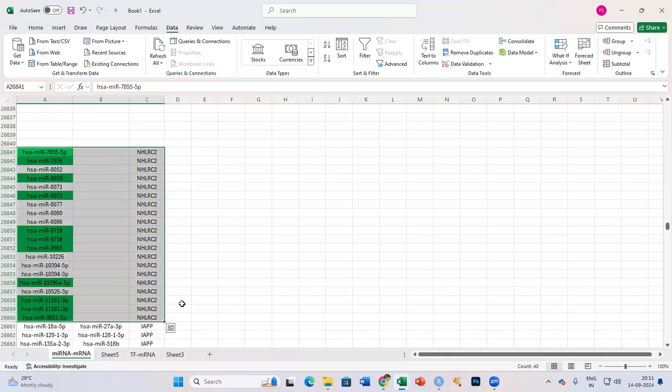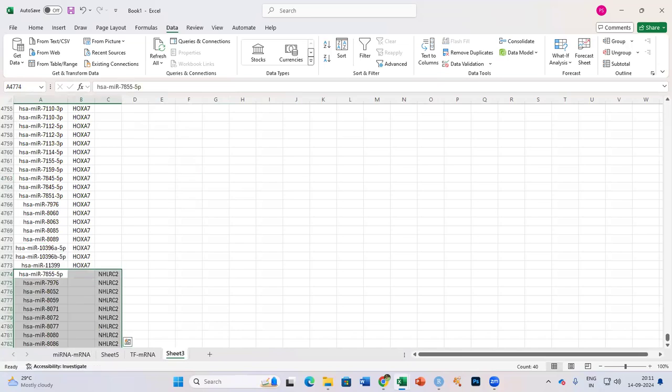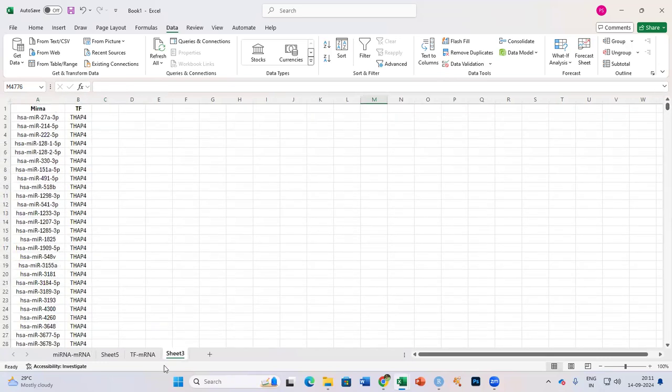So some miRNAs were left. I'm just copying them because these were left out. And as the operation is now completed,